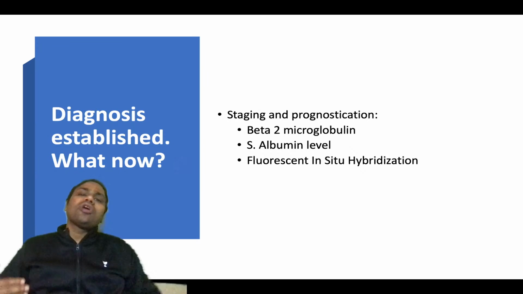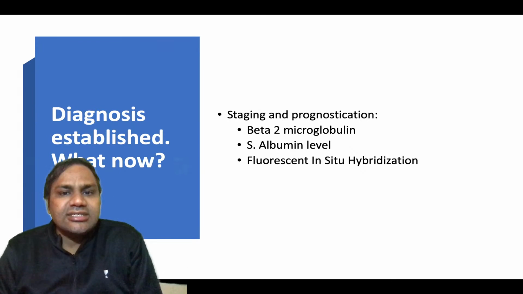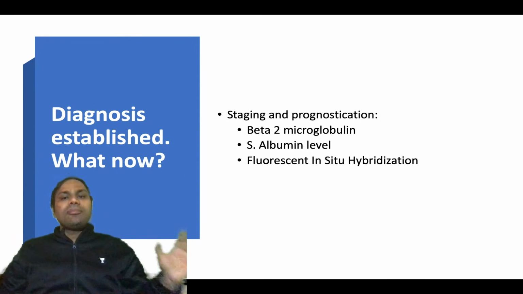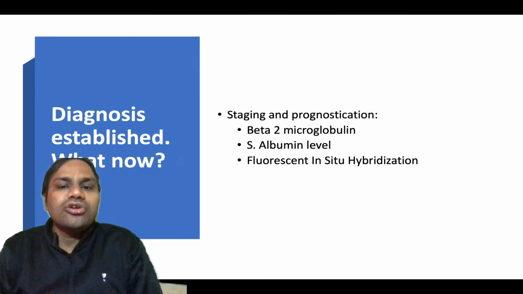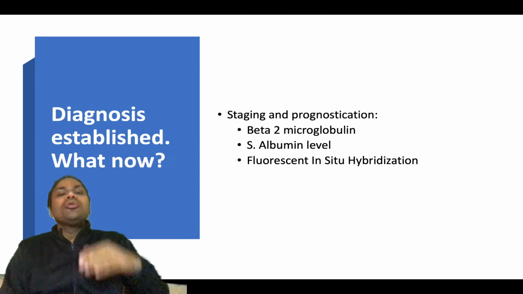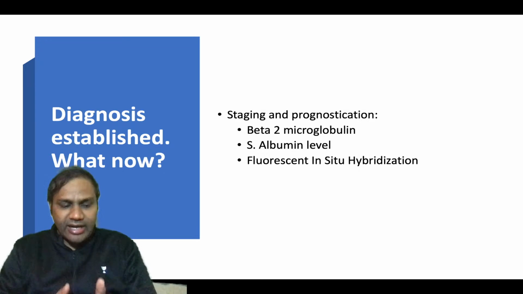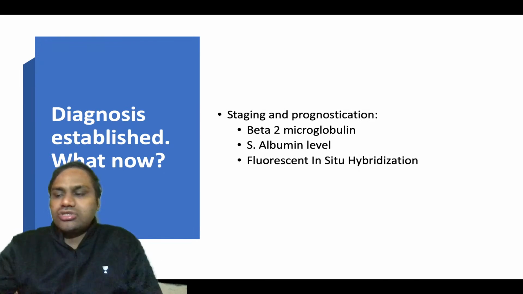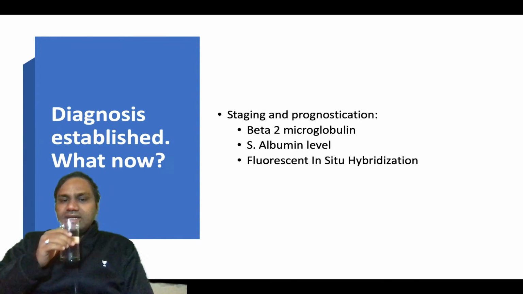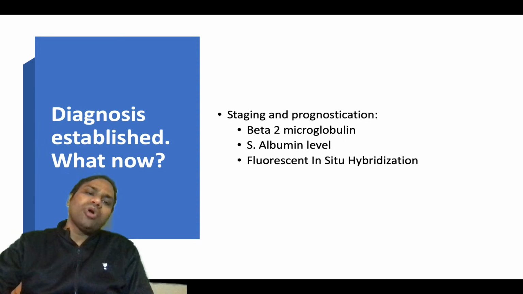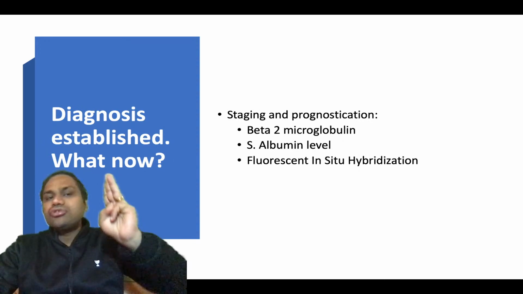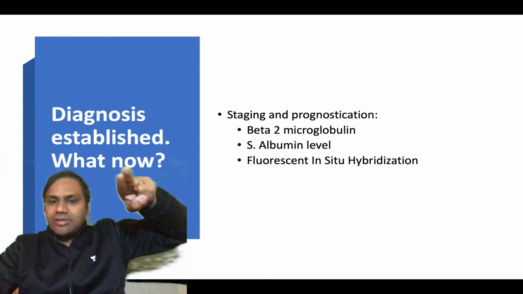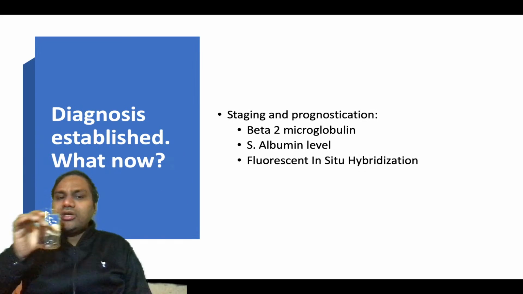FISH is mostly done for molecular characterization of multiple myeloma. So which mutation it has, and that molecular characterization will help in prognosis. Okay, that molecular characterization will help in prognosis. So basically for staging and prognostic, there are three important investigations which you need to do: beta-2 microglobulin, serum albumin level and FISH. Okay,